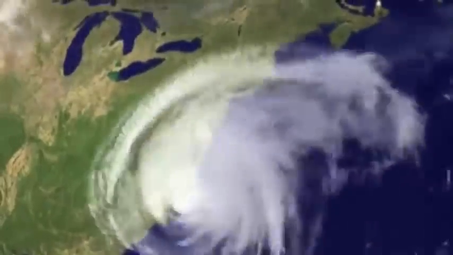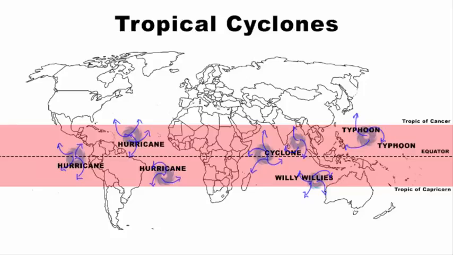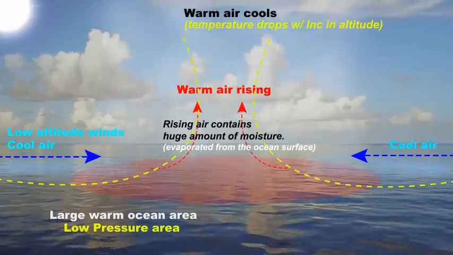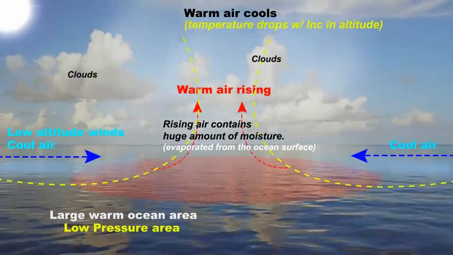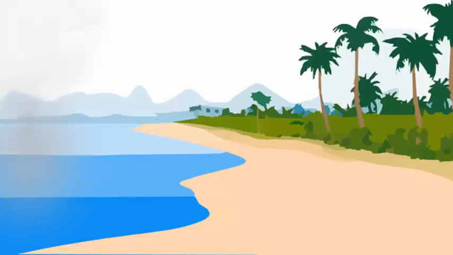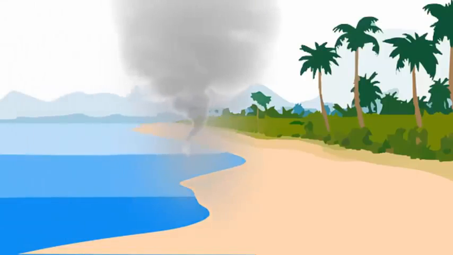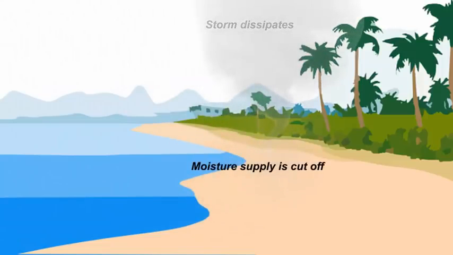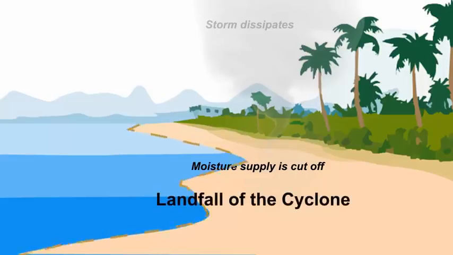Tropical cyclones are intense, and in the beginning we have read that it occurs over the ocean surface and coastal region because there is a continuous supply of moisture from the ocean or sea. When it reaches the land, the moisture supply is cut off and the storm dissipates. When the cyclone crosses the coast, because after that the landmass starts, the place where the tropical cyclone crosses the coast is called the landfall of the cyclone, meaning the power of the cyclone naturally decreases because the supply of